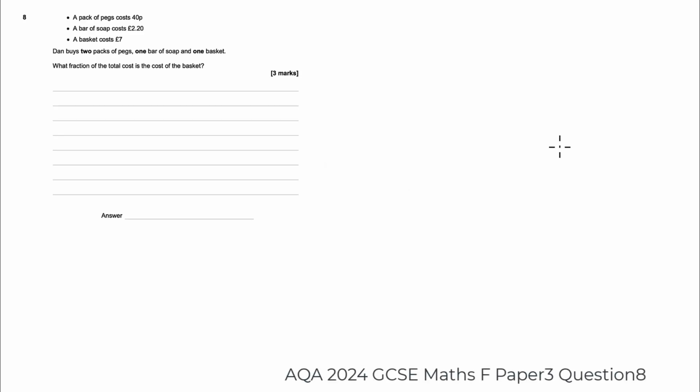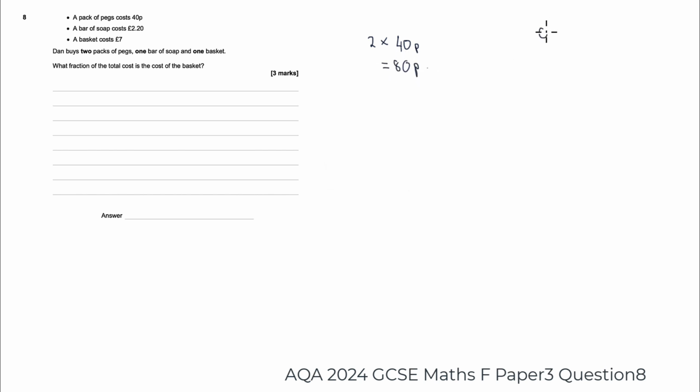Well, here we have question 8, and we're told the various costs of items, and we're told Dan is buying 2 packs of pegs, 1 bar of soap, and 1 basket. We're asked what fraction of the total cost is the cost of the basket. So the total cost is what we'll need to work out. Now he's buying 2 packs of pegs, and each pack of pegs is 40 pence. So 2 lots of 40 pence would be 80 pence. So the first item